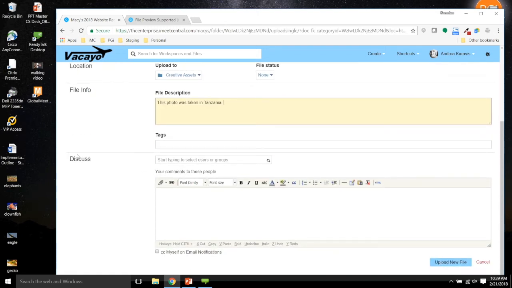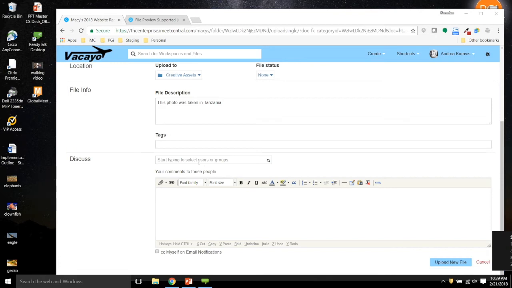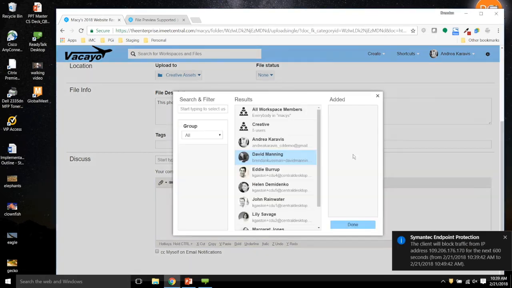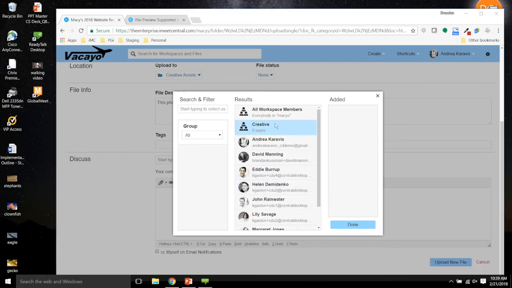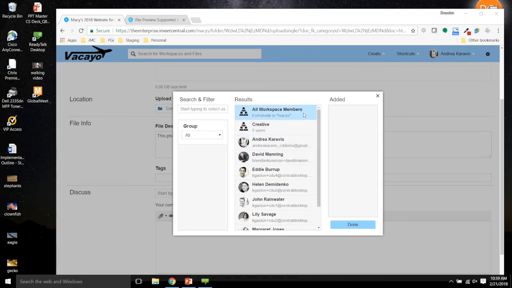And you'll see down here where it says Discuss. If I click that little magnifying glass, let me show you that one more time. If I click this magnifying glass, I'll make that go away. You'll see a list of all Workspace members, and if you look here, Simona, it says all Workspace members. And if I check that and click on Done,